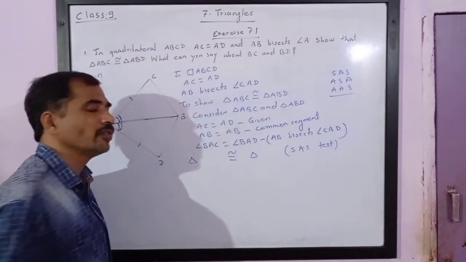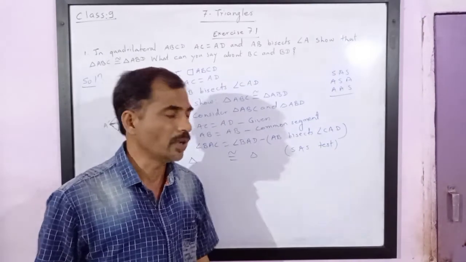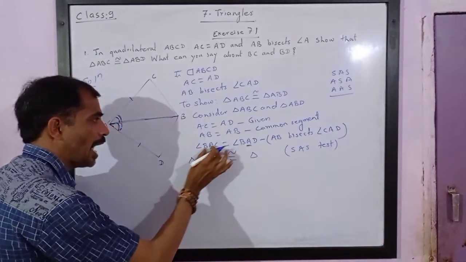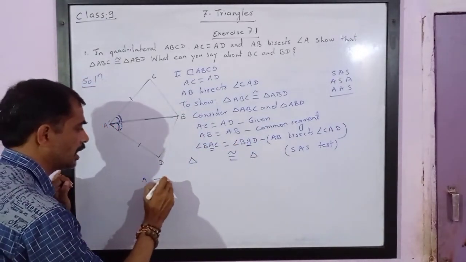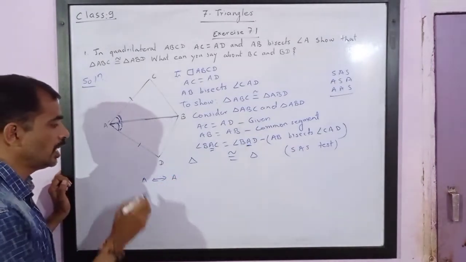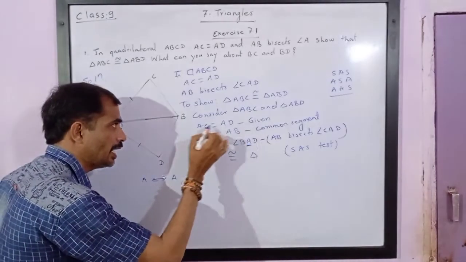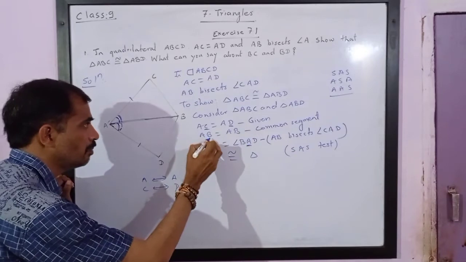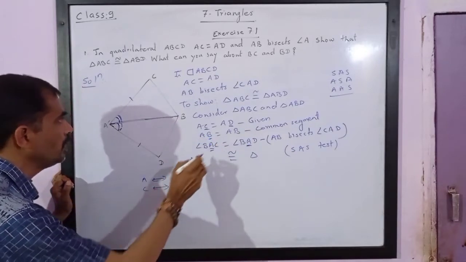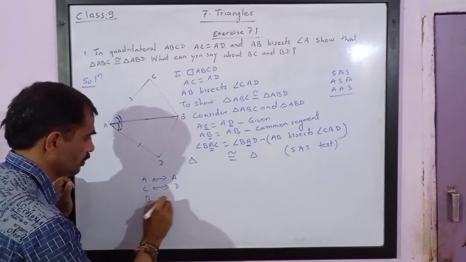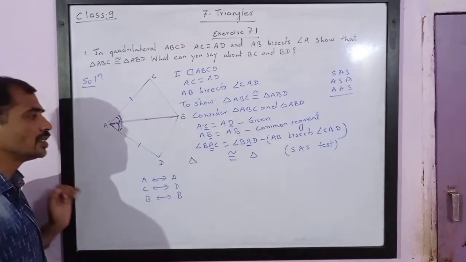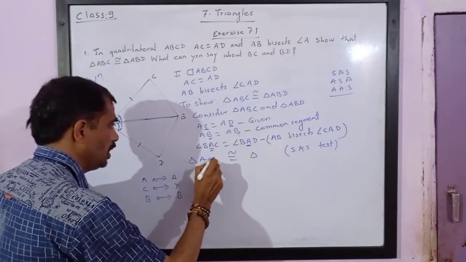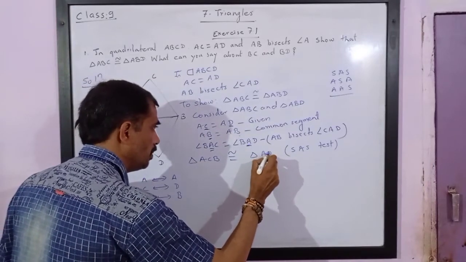Now in order to write the names of the triangles, one-to-one correspondence is very important. So let us try to write. Here A corresponds to A. Please note, from the angle we can easily get that angle A corresponds to angle A. In AC and AD, A corresponds to A, which means C corresponds to D. Therefore C will correspond to D and B will correspond to B. Thus, we will get triangle ACB congruent to triangle ADB.